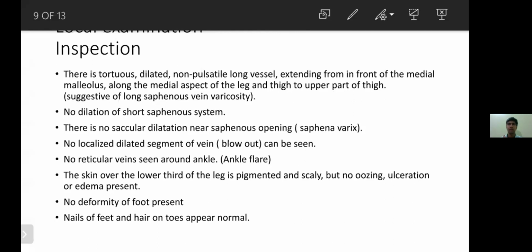What are the skin changes? Can someone elicit the skin changes? And as we go on, we'll see those things clinically also. So pigmentation, eczema, lipodermatosclerosis. And you said almost all of them: atrophie blanche, pigmentation, lipodermatosclerosis, corona phlebectatica. All the skin things are skin changes. But classically, it is described as brawny edema, the first stage. Followed by that, there can be lipodermatosclerosis. Followed by that, venous ulceration. So that is how you describe skin changes. I will just show you a figure diagram of that.